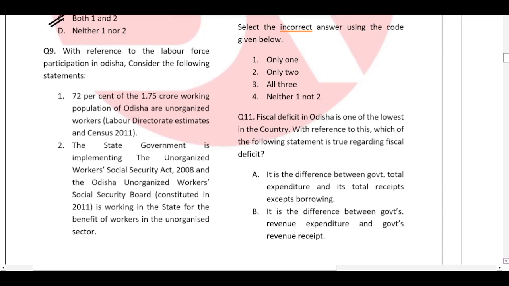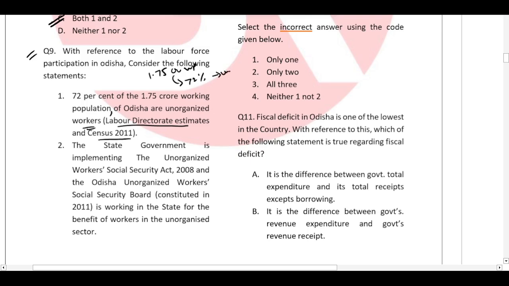With reference to question number 9, with reference to the labor force participation in Odisha, consider the following statements. Statement 1: 72% of the 1.75 crore working population are unorganized workers. The data is from Census 2011 and Labor Directorate estimates. So what it is saying, out of the 1.75 crore working population of Odisha, the majority, 72% of them are